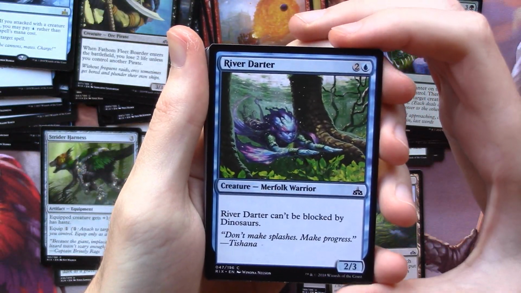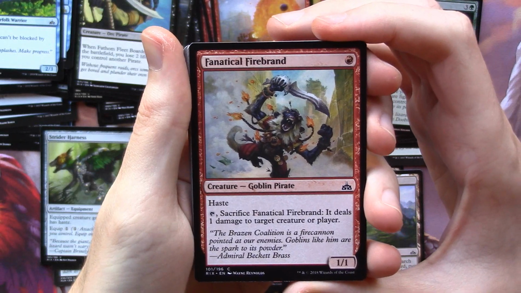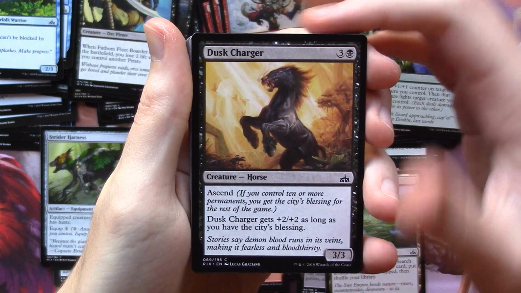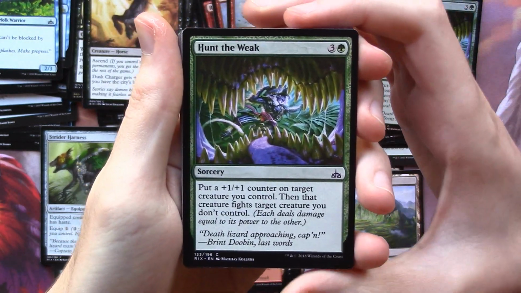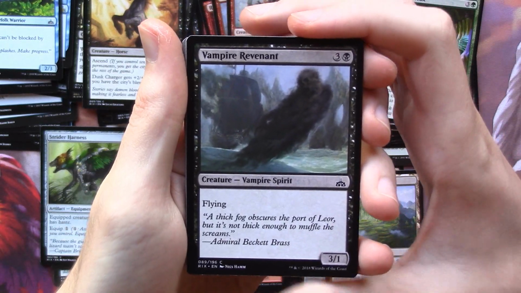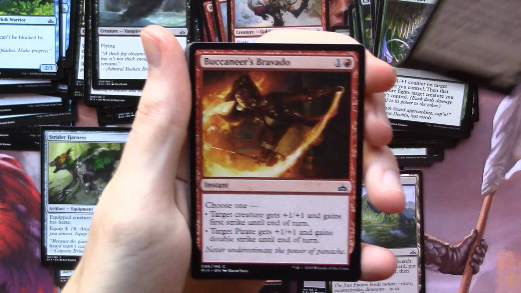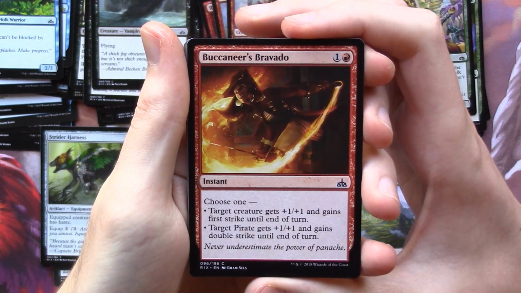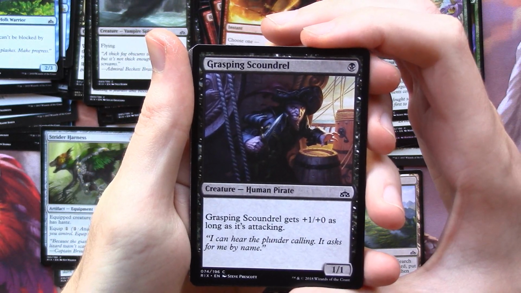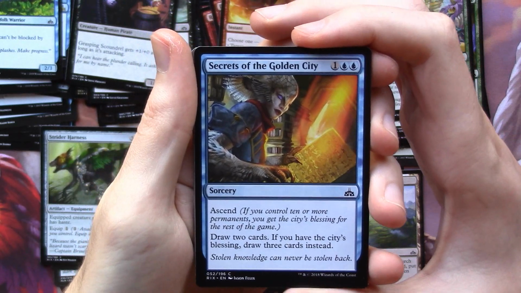another River Darter, Fanatical Firebrand, Dusk Charger, another Huntweek, another Vampire Revenant, Jungle-born Pioneer, Buccaneer's Bravado, Grasping Scoundrel, another Secrets of the Golden City,